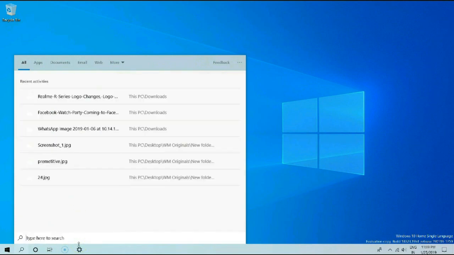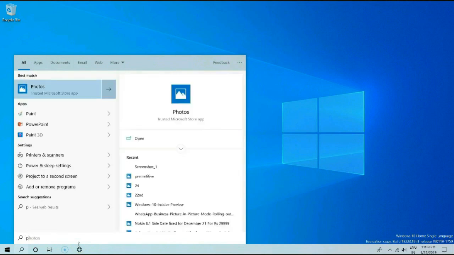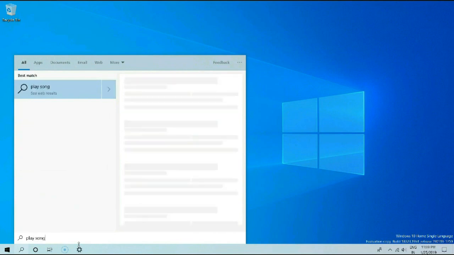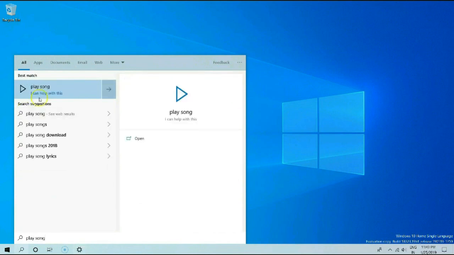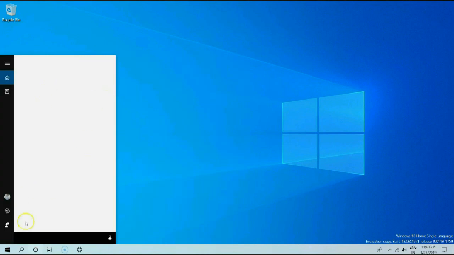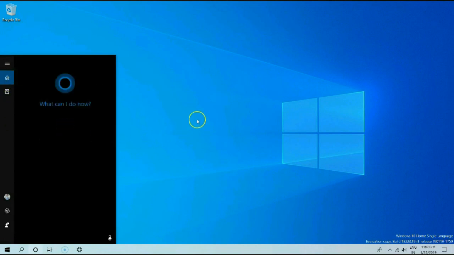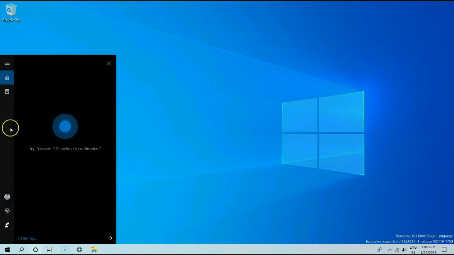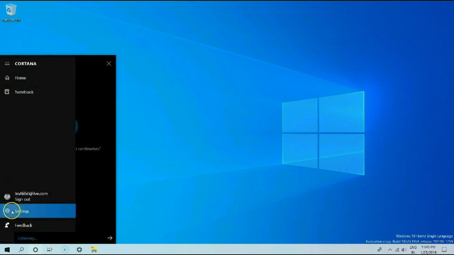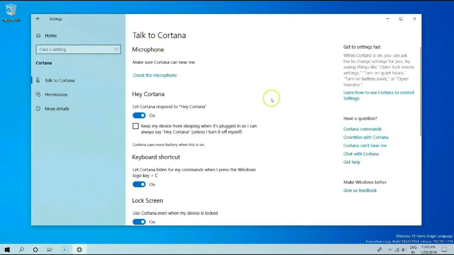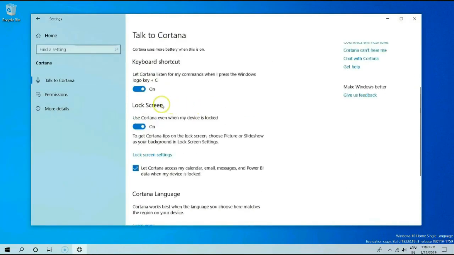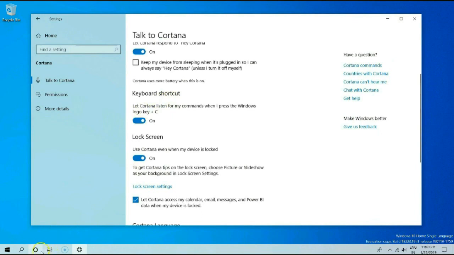Also, if you are looking to perform tasks via search, it will take you to Cortana, such as play that song. It takes me to Cortana and provides details on this. There are no changes coming to features or UI of Cortana. It's still the same as before. Actually, it will be much better that it is removed from here and is enabled once we speak Hey Cortana